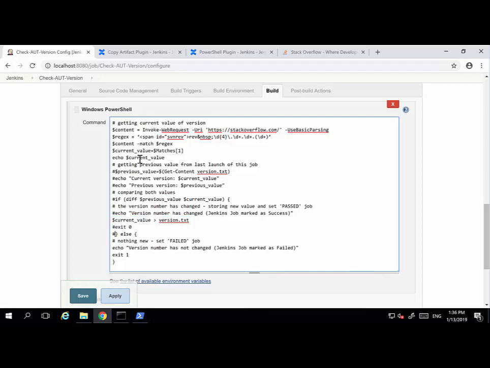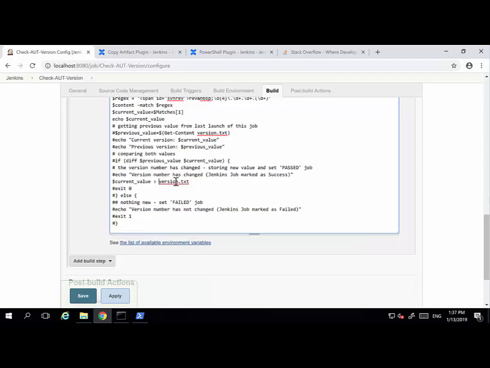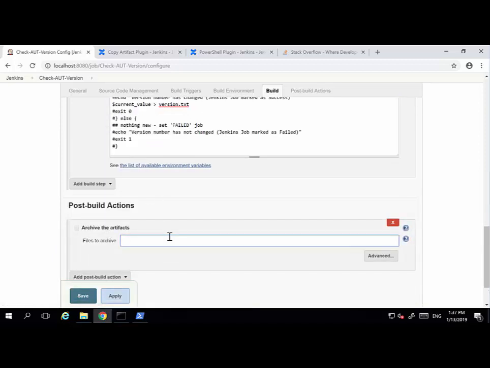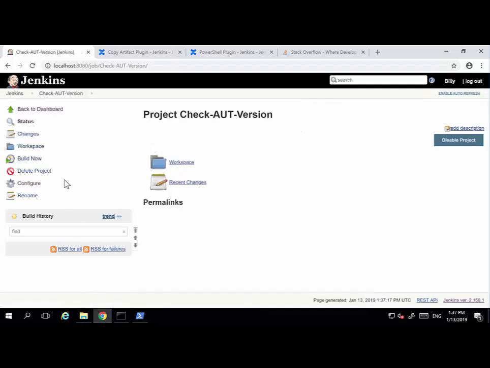So I'll comment all of that out as well. So that will create a file called version.txt, and we want to archive that file or artifact. So we'll save the version.txt and save the job. And if we run that now,